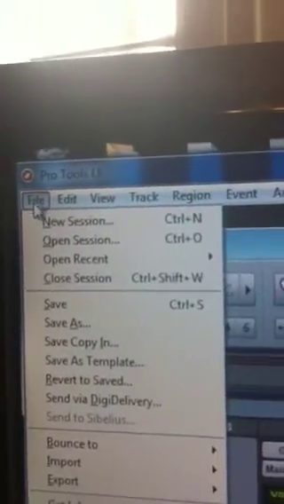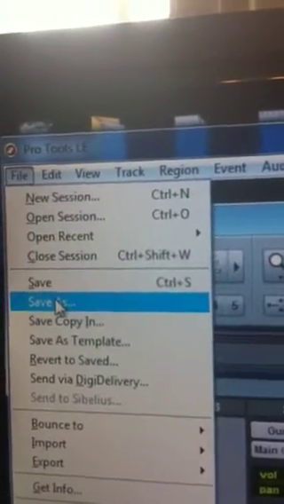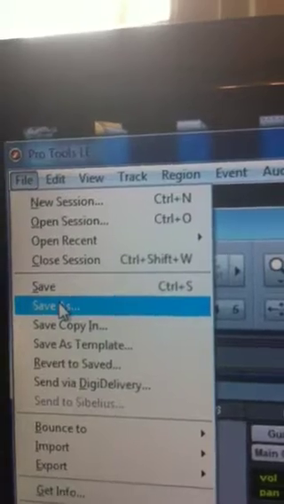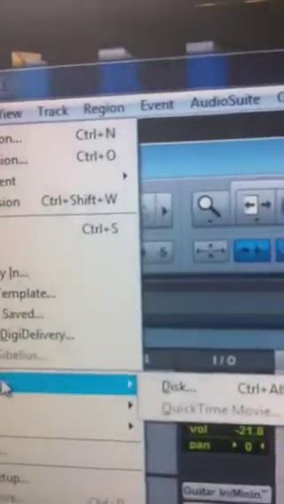So what would happen, and I'll show you here, I would send him a song, and here's an example of a song that I've got going right here. And I would go to, you can see this, I would go to File. Obviously I would save it. And then to make a copy for him to listen to, I would bounce, say bounce to,